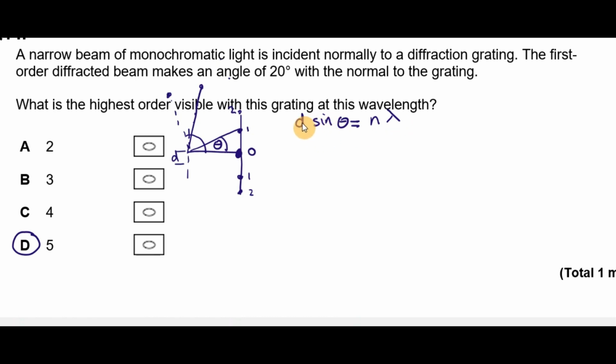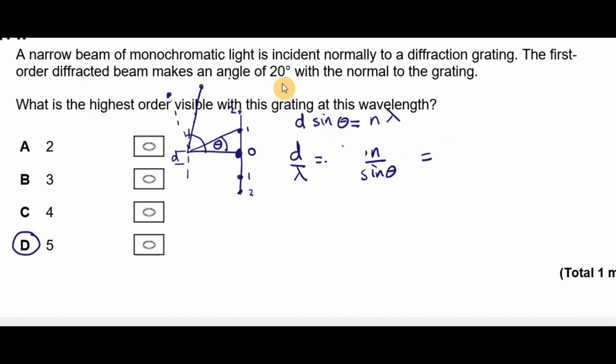But we do know that the wavelength and the slit separation are going to be constant. So I could rearrange that equation and say that d over lambda is equal to n over sine theta. And because d over lambda is going to be constant throughout this question,